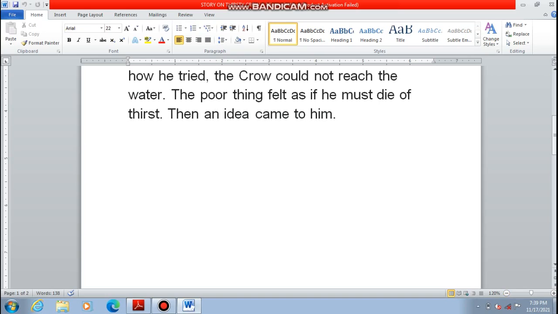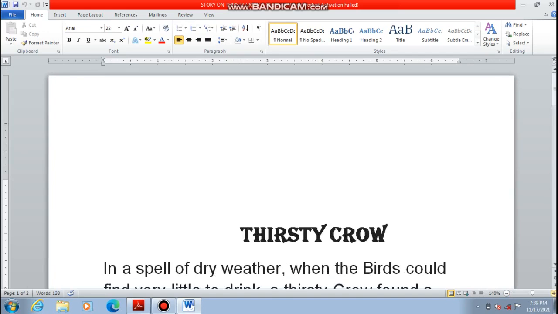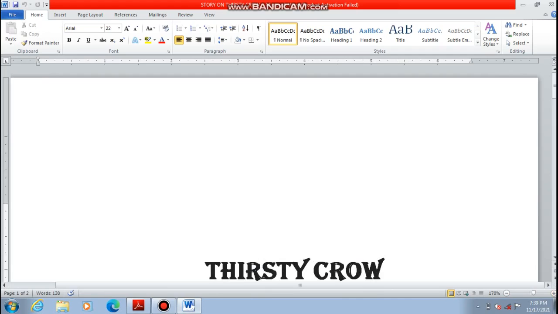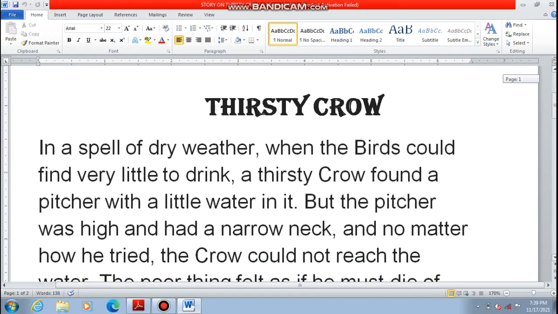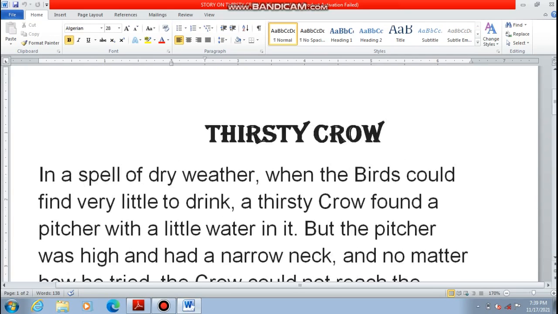How? For that I have to increase the size of the document. So now I'm increasing the size of the document. Now as you all can see, there is a scroll bar on the right side, with which you can move the page up and downward.